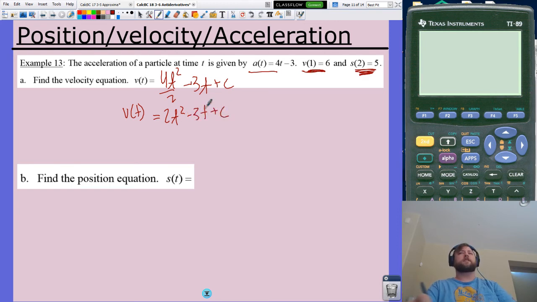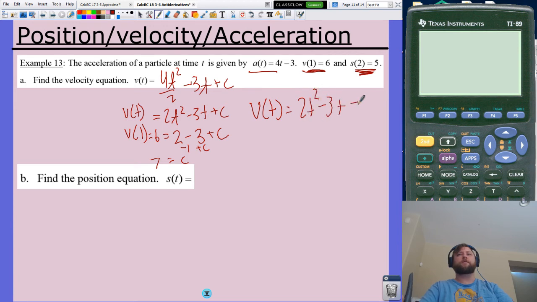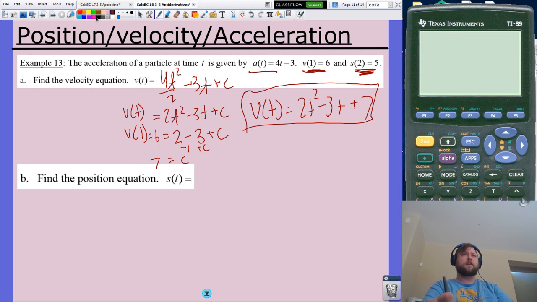Well, I know v of 1 is 6, so I can say v of 1 is 6, which is 2 times 1 squared, or 2, minus 3 plus c. That's going to be negative 1 plus c, so my c equals 7. So v of t is going to be 2t squared minus 3t plus 7. All right, got my v, and now I'm going to find my position function, and remember my initial position is that. So you antidifferentiate the v of t, so I get s of t equals